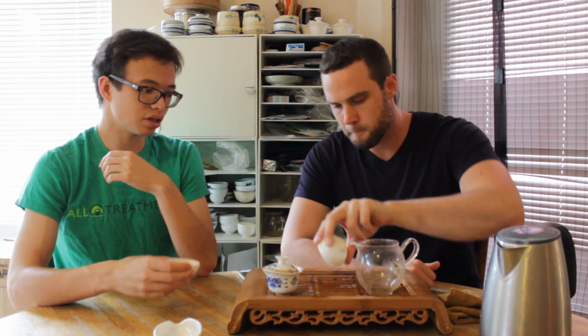Yeah, it has actually a very interesting finish. I have a hard time describing teas like this, to be honest. You definitely get ginseng and a lot of those flavors, and it makes you feel very warm. I think in general this would not be a cooling tea. It probably wouldn't be a very appropriate summer tea, but